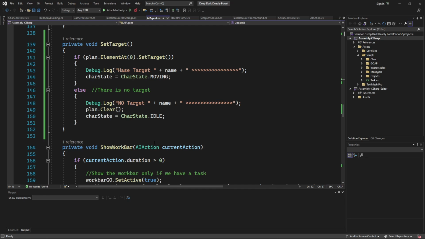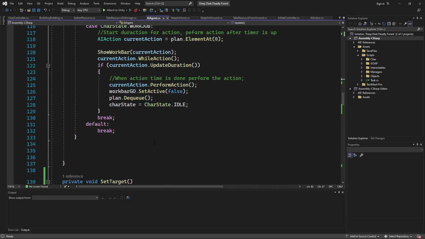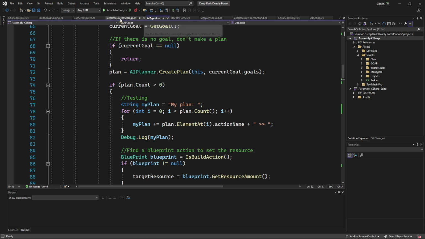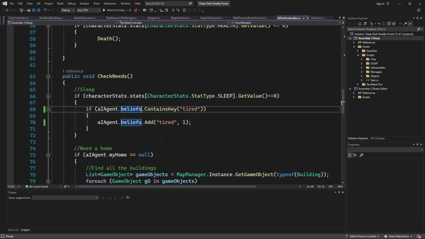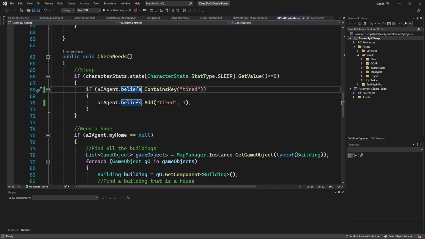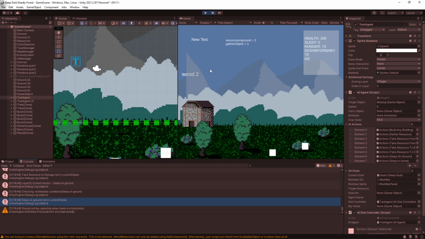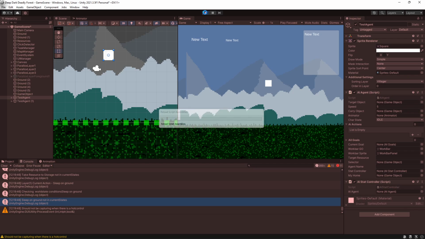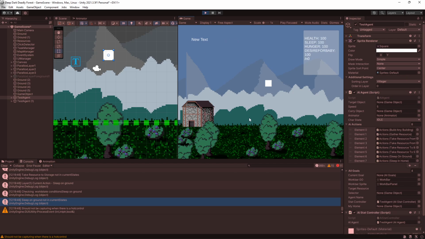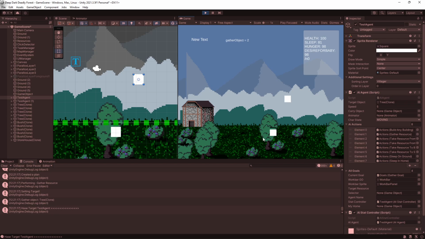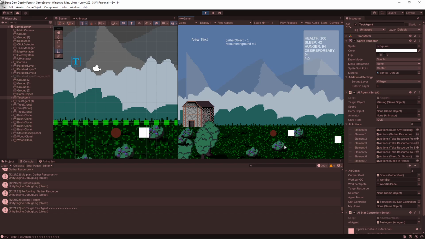My goals. Sorry, actually it's in the AI state controller. Oh look here, if it does not contain the tired, we're going to add it. So just small bugs, typing errors, as we work on this, and hopefully we can get two agents working.